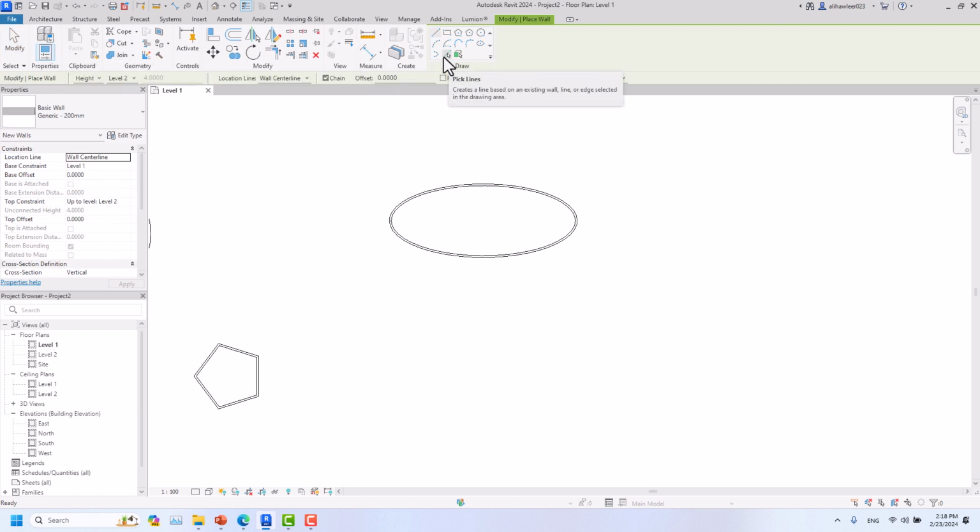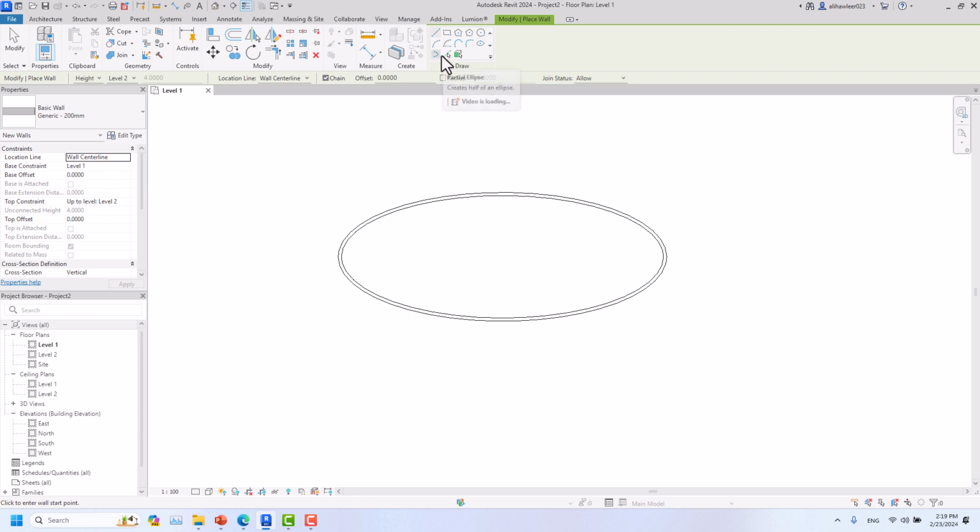Okay, we have pick lines. Actually, if we have a line from AutoCAD, we can bring it to here and use this pick line, pick the lines, and it will create the walls. Or I have lines of these walls. I can just click on it,